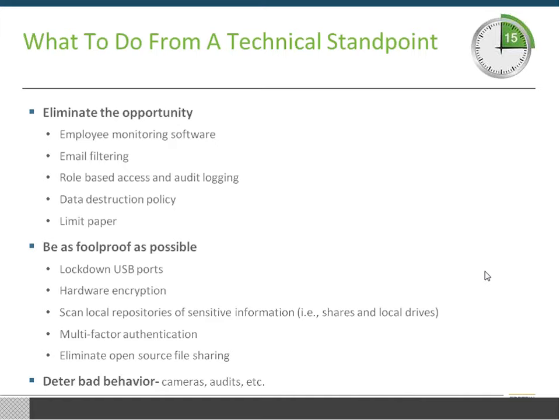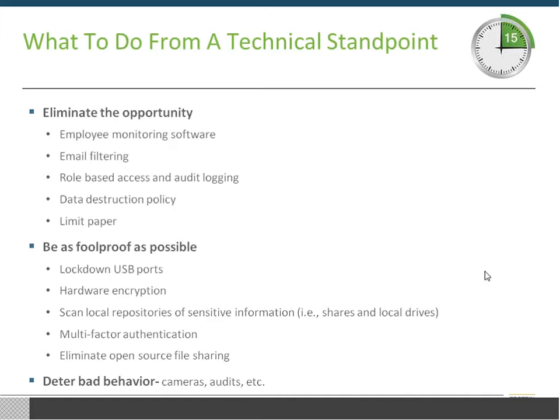encrypting that. One other area that falls beneath the radar in terms of sensitive information are local repositories of sensitive information. These are your share drives that are out there that people are saving information to. A lot of times those share drives don't have the same security controls that the intended repositories do. So they're not being logged. You don't have the same group policy settings to make sure only people who need that information get that information, and it's sort of the Wild West. That's where a lot of sensitive information is taken. So we recommend that you scan those drives, figure out what's out there, and eliminate that information if it's no